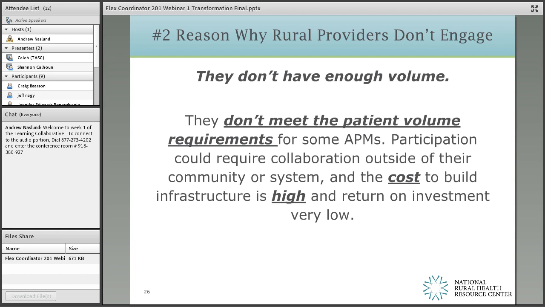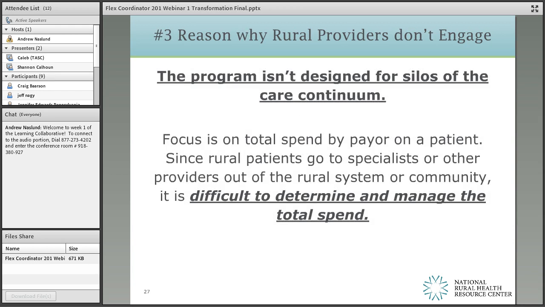The second thing is that a lot of the payment methodologies were based on high volume, even to the point of rurals participating in an ACO. Small rural practices, even 100-bed hospitals, don't generally have enough volume to do their own ACO. It required collaboration, which is a whole other body of work. And so the cost to build infrastructure is pretty high, and the investment, based on a couple of other strange things like the time lag of reconciliation of cost accounting, either up and down, creates an unsteadiness on the return on investment, which makes that return low.